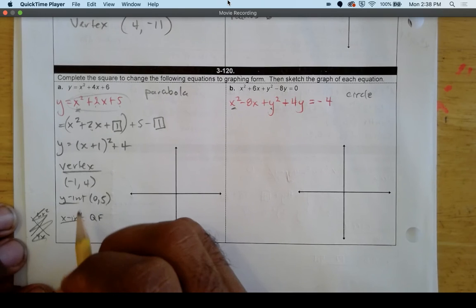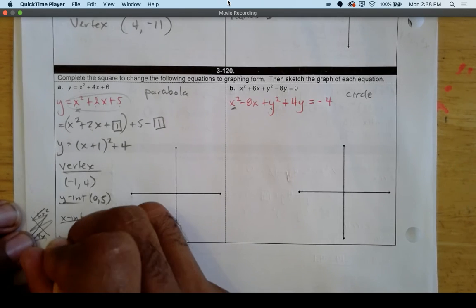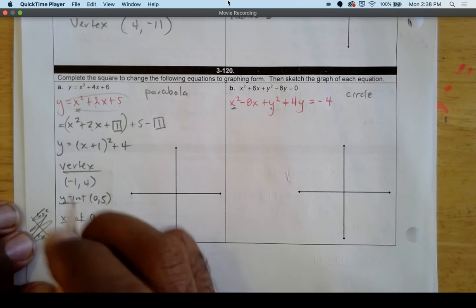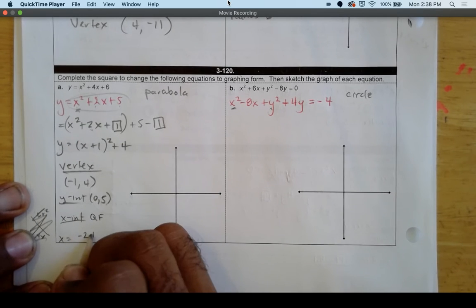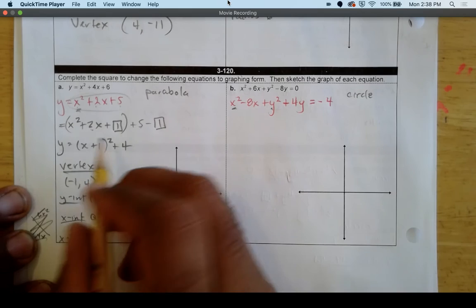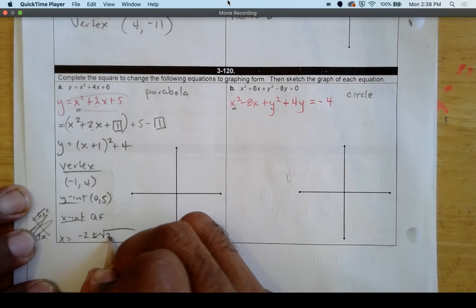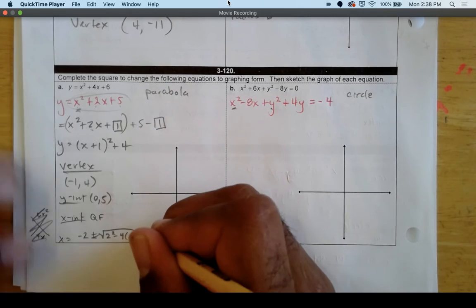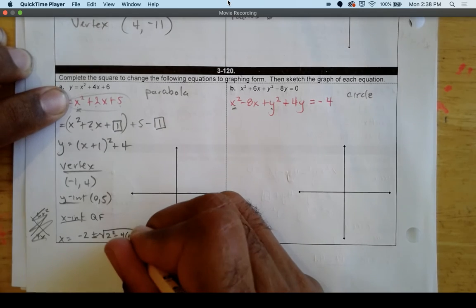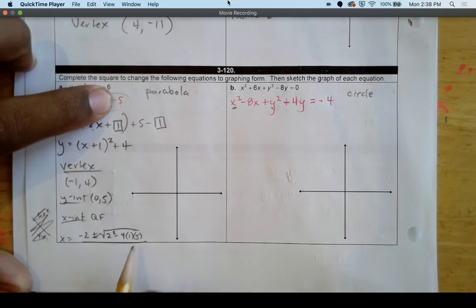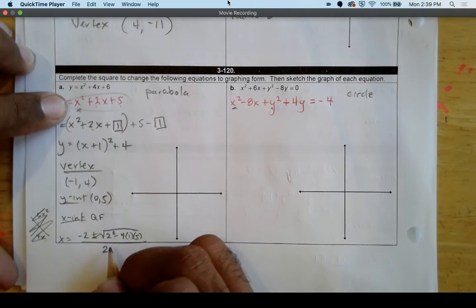Okay, so what I'm going to do is set this up. So x equals negative b, so negative 2, plus and minus the square root of b squared, so 2 squared, minus 4 times your a, which is 1, times your c, which is 5, all of that over 2 times your a, so 2 times